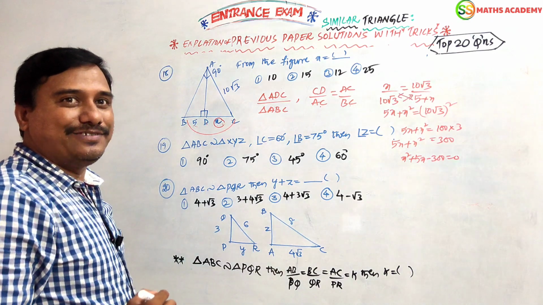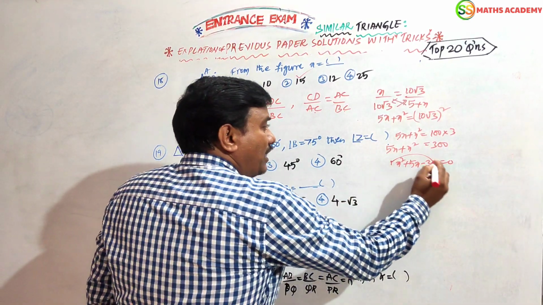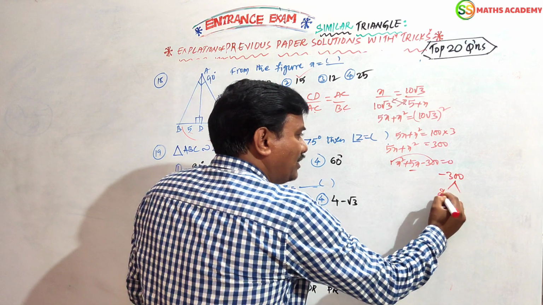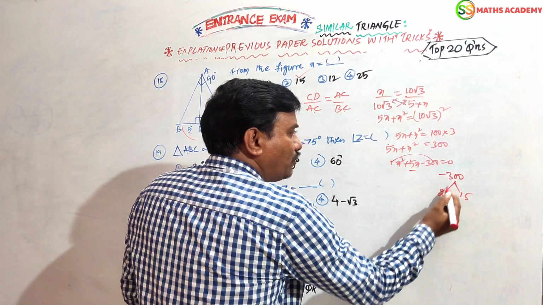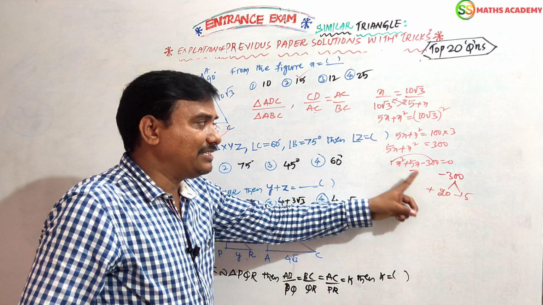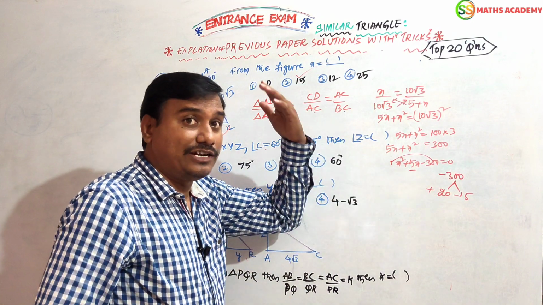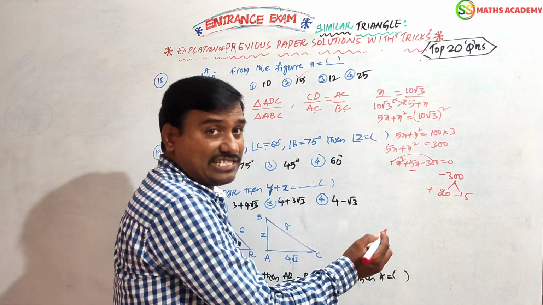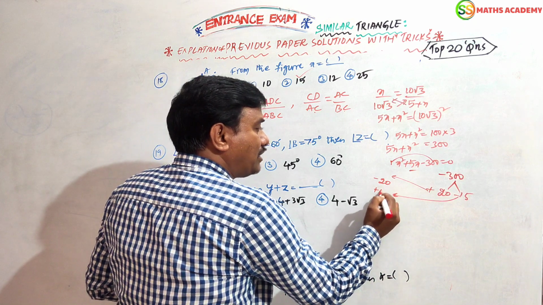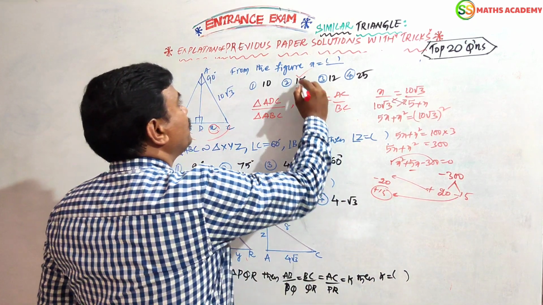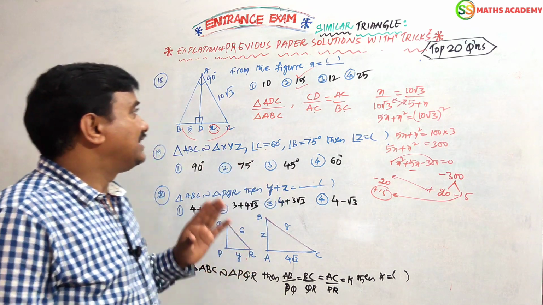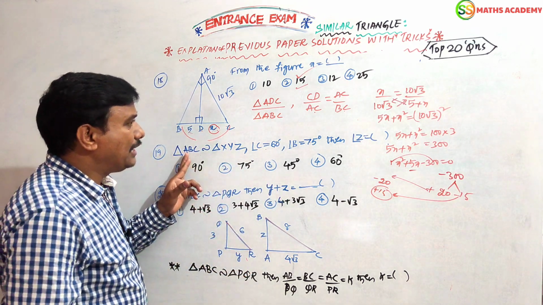We are getting one quadratic equation. Here 1 into minus 300, factors whose difference will be 5: nothing but 20 and 15, 15 into 20 is 300. Here plus, here minus, so the bigger number must be plus, as we know very well in polynomials. Now in the quadratic equation also, plus 20 comes outside as minus 20, minus 15 comes outside as plus 15. So the answer is plus 15. That's it. Okay.